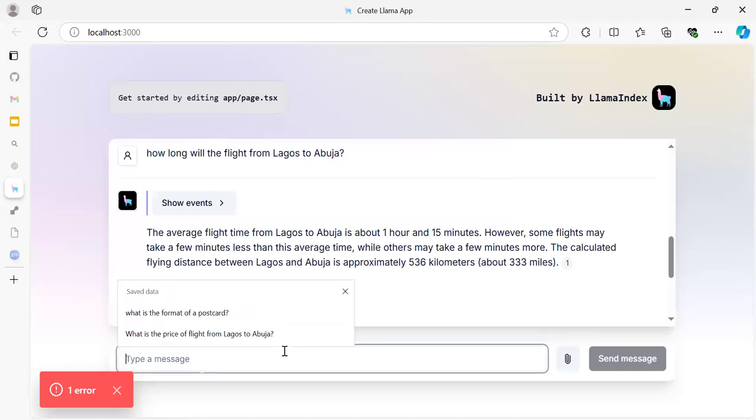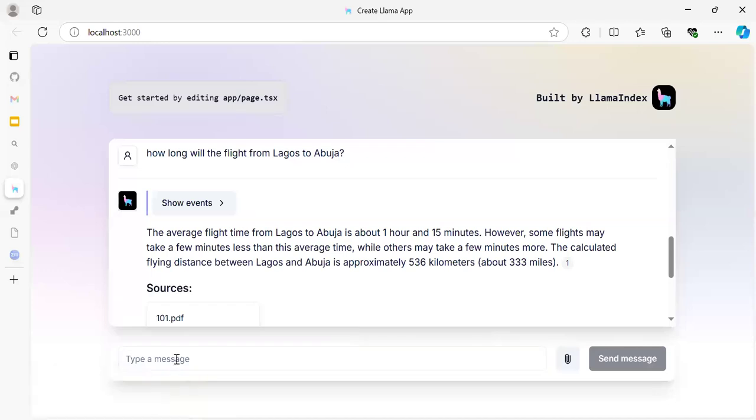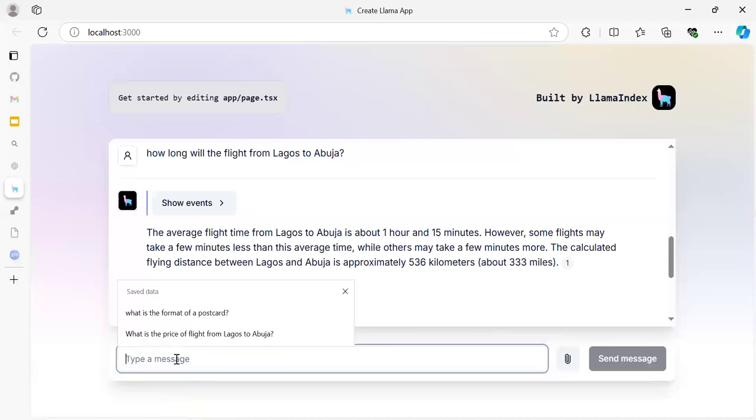And for the last question, I will ask what are available flights in Nigeria to Kuwait? Oh, I got an error. Kuwait is for the sake of international flights.